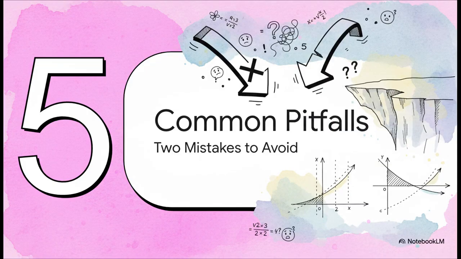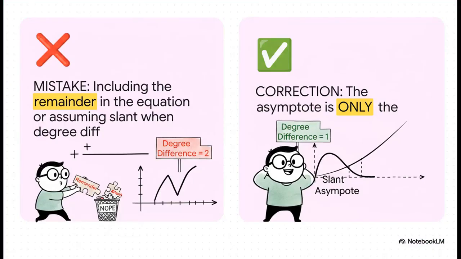Okay, let's wrap this up by talking about the two biggest mistakes people make with these. If you can avoid these traps, you'll be in great shape. Okay, mistake number 1, keeping the remainder. People do the division and then try to include the remainder in the answer. Don't do it. Remember, that remainder gets put over the divisor, and as x gets huge, that fraction becomes basically